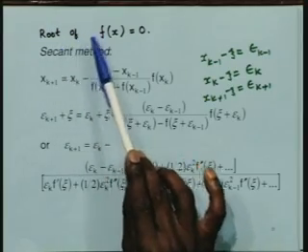In our previous lecture we were discussing the convergence of the secant method. Let us briefly look at what we did last time so that we can derive the rate of convergence of the secant method. What we were trying to find was the simple root of the equation f(x) = 0.